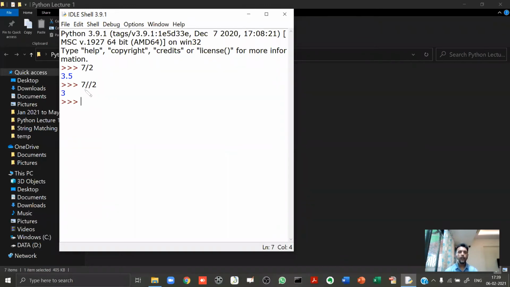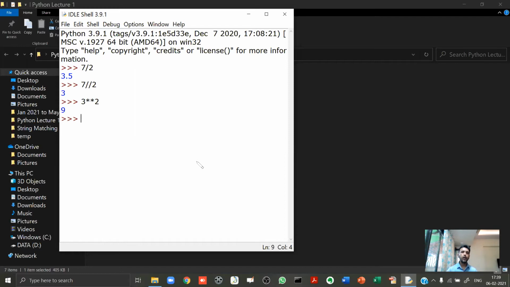Now let's study one more operator, which is called the exponent operator, which was not there in C and Java, but it is there in Python. Again, if you have the shell open in front of you, you can do 3**2. Come on, try to do that and tell me what answer you are getting. When you hit the enter key, you get 9. That means this double star is an exponent operator, also called a raise to operator. So 3**2 will basically give you 3 raised to 2, which is equal to 9.